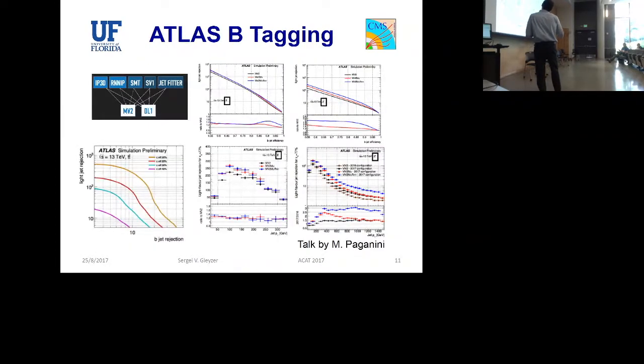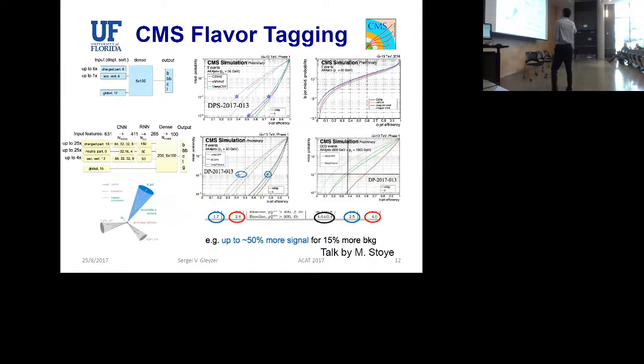There are some results from ATLAS on B-tagging, again using some of these techniques in different parts of the chain with some pretty good results, including both the deep learning ones and recurrent networks now with LSTM, all the bells and whistles, I think, in this application for B-tagging, and the corresponding CMS results on flavor tagging. Again, using all the bells and whistles, really. So CNN is really a major component of this particular result. But the results are very, very impressive. So there's improvements across the board, not just in B tagging, but in flavor tagging, meaning B from C. It's basically a single tagger.